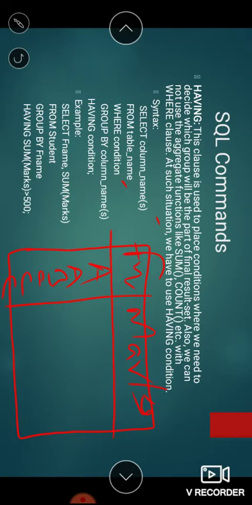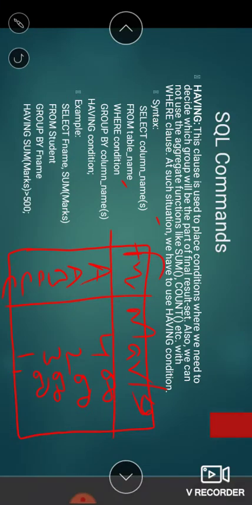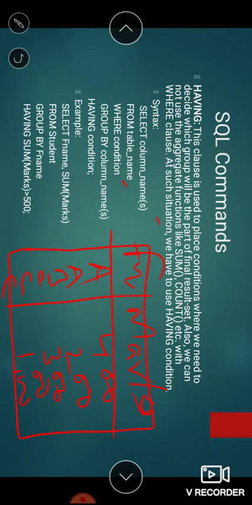The marks of a are, let's suppose, 400 and 200, b has 300, and c has 100 and again 100. So how will the query be performed?